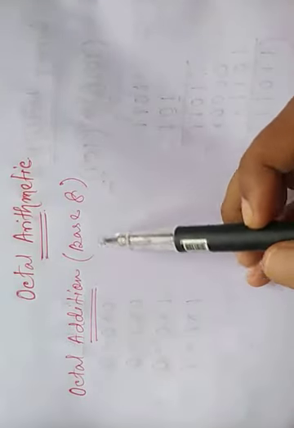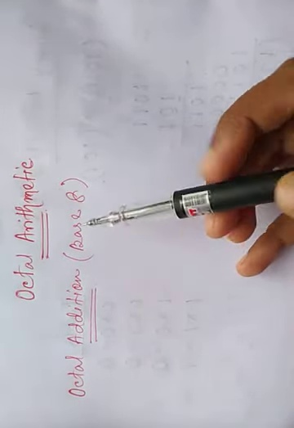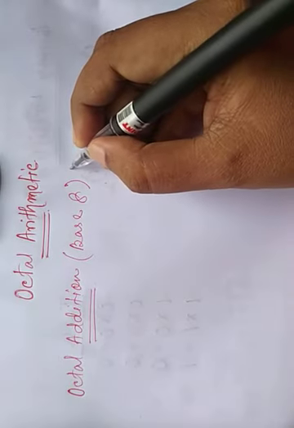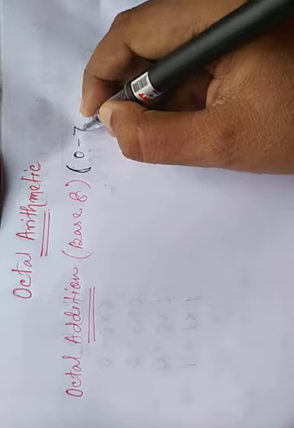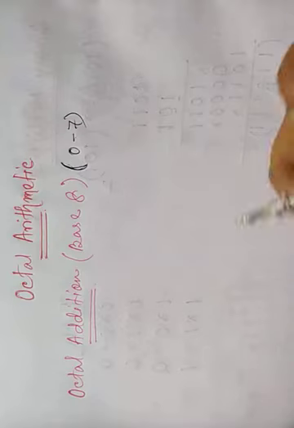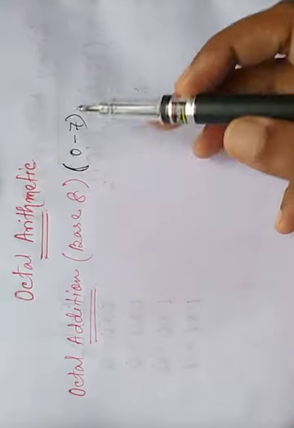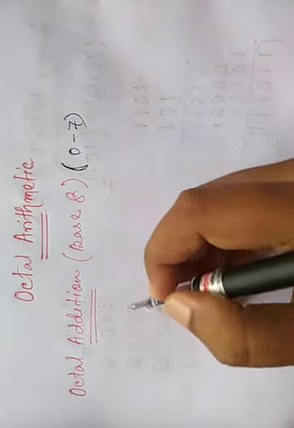We know that in the octal number system the base is 8 and the digits in the octal system are 0 to 7. Other than 0 to 7, no number can be there in the octal number system. So for arithmetic calculation also there must not be any number except 0 to 7. So let us do